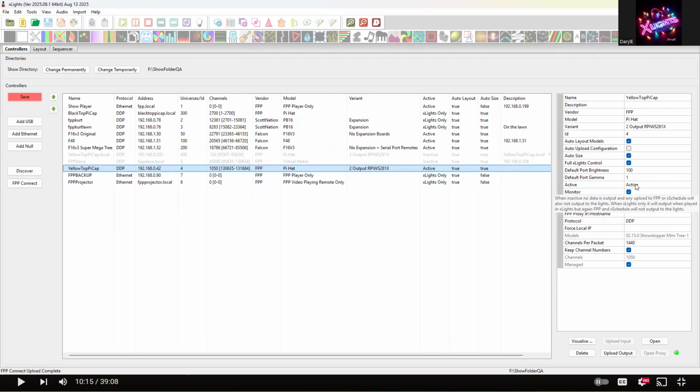You can change it over here in the dropdown, or you can right click it here. I'll show you both options. They're both the exact same thing. xLights only. Now it's in xLights only. So now every time you do an FPP connect